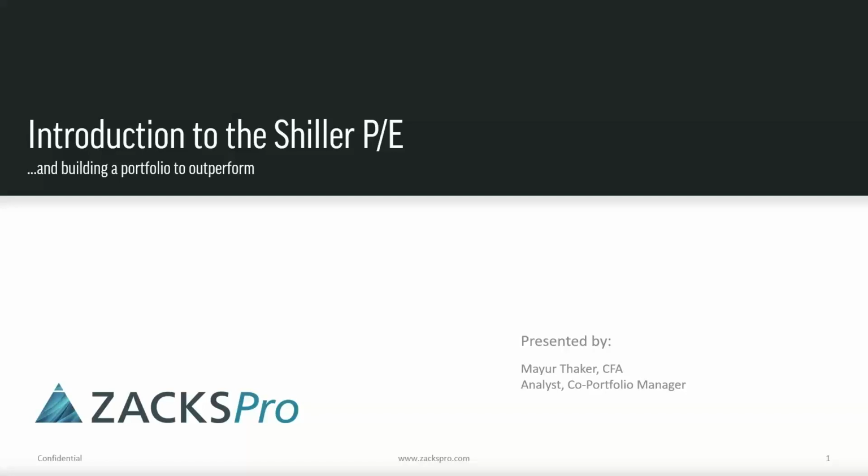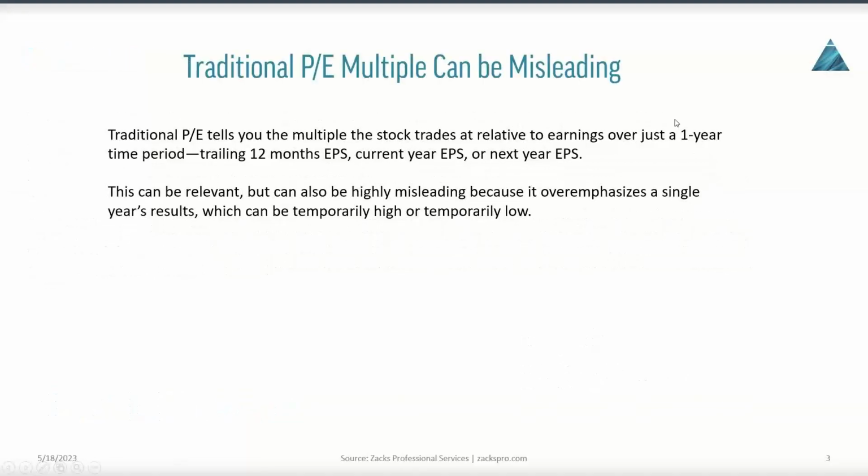And this is a great tool to help understand the true multiple that stocks trade to earnings. So let's take a look at what we have here. Just as an overview, there's the traditional PE multiple, which we all know about. And the problem with traditional PE multiples is that they can be misleading. Traditional PE tells you the multiple that the stock trades to relative to earnings over just a 1-year time